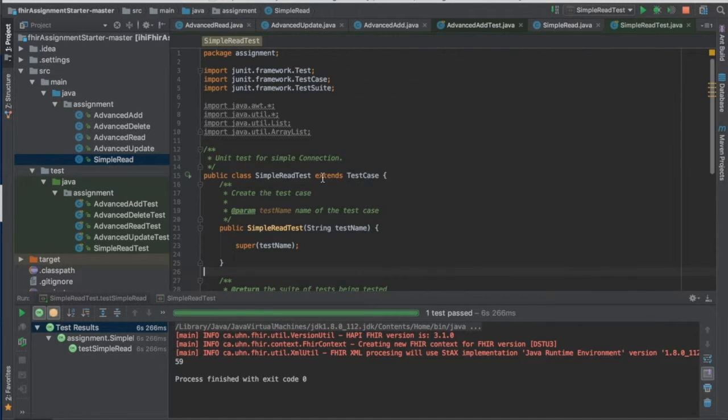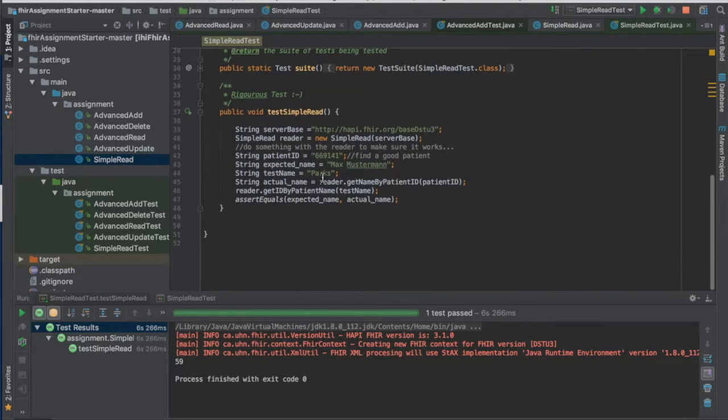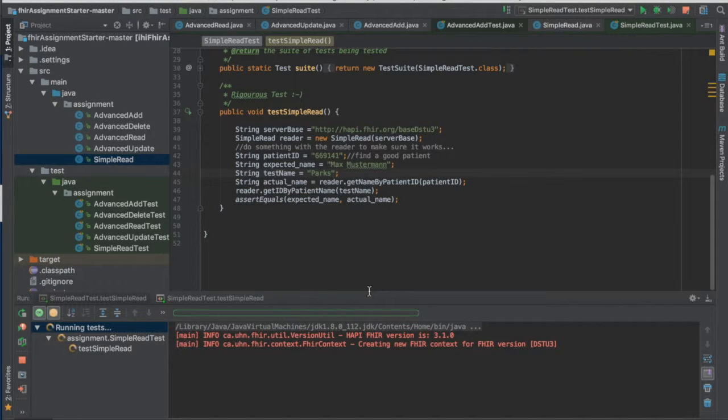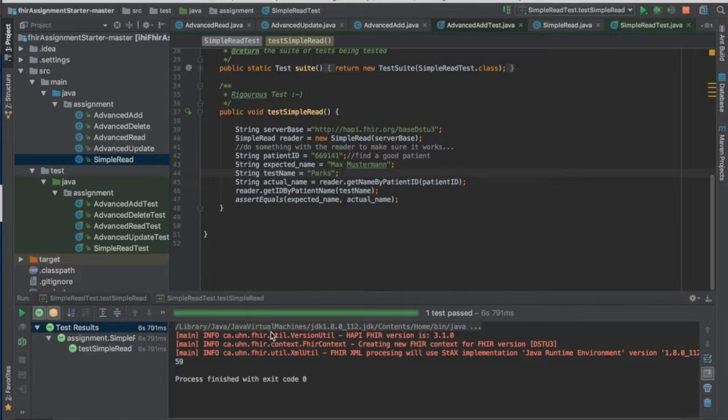So this is the simple test where I can test whether my simple read and search are working or not. I have an expected name called Max Mustermann, and then I have a test name called Parks for my list of IDs. So let me run it. If it works, then the test will pass, and I should be seeing the number of patient IDs for that particular name. Here, if you see, I see 59, which is the number of IDs that I got for the name